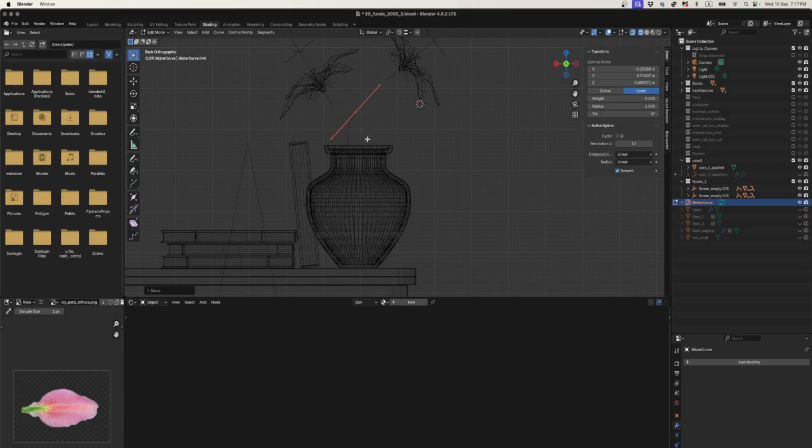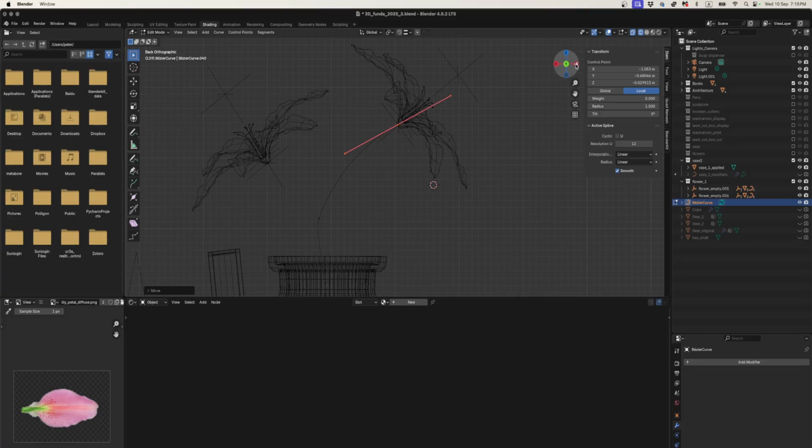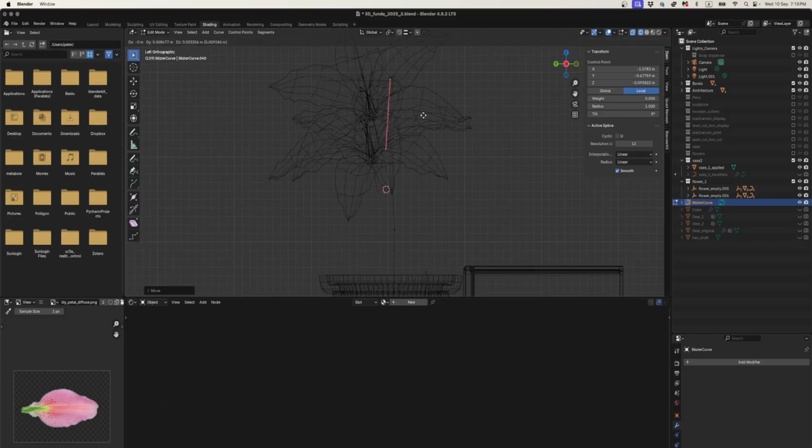If you want another handle, you can, with the last handle selected, just press E and you'll get another one. I wouldn't recommend having too many because it's not going to be a super bendy, wobbly object. You can also scale the handles and that will sort of help adjust the shape of your curve. But basically I just want this handle or this curve to finish at the base of my flower. So I'm just going to do that